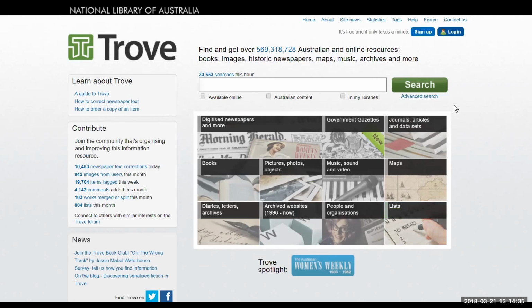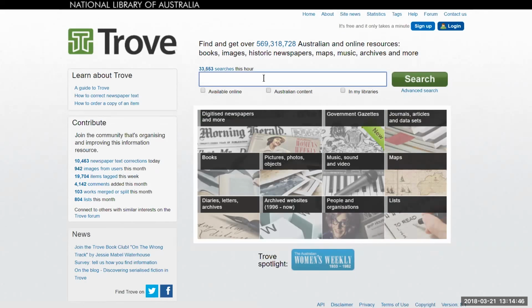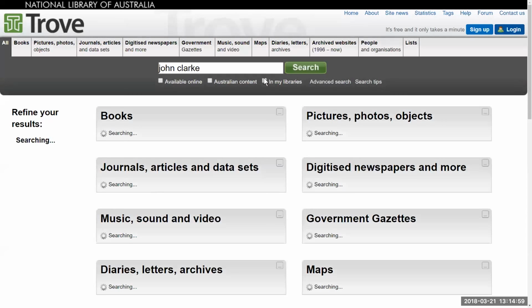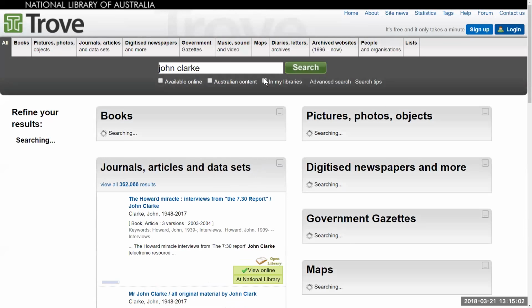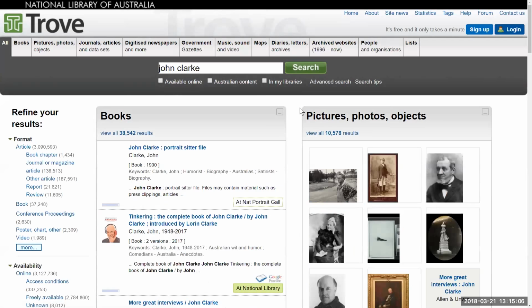So when I'm on the home page, I can either click into one of these zones and search for material within that zone. But what I'm going to do now is just a simple keyword search so I can search the entirety of the Trove collection. So let's say today I want my research to be on John Clarke, the late satirist of Clarke and Dawe fame. So typing his name into the search bar, I've clicked search and we're getting all the different results now